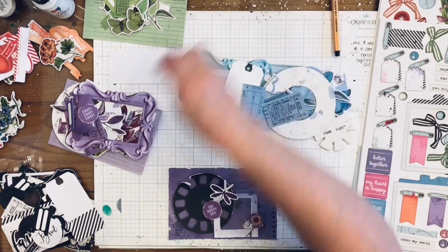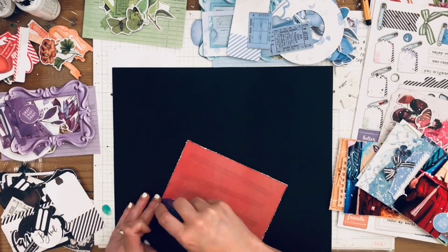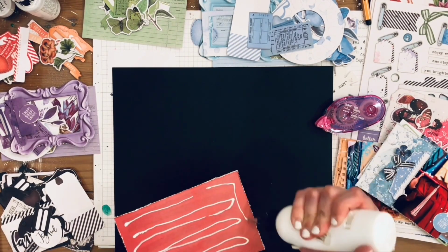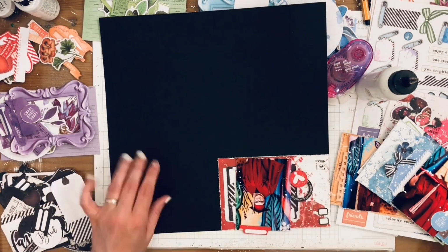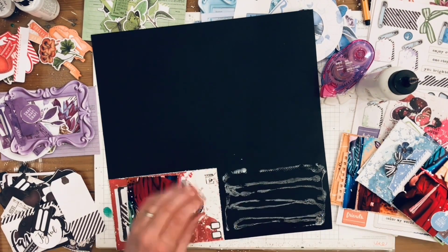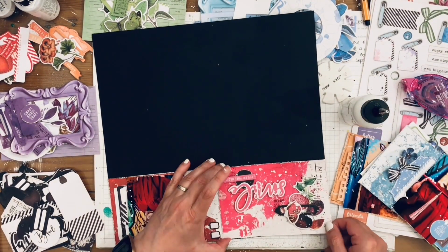Then these are all 4x6 cards, and they can fit in a pocket page, but I'm going to use them on a regular page, and how I do that is I just glue it down to a background piece of cardstock. Here I mess up and I do the red one first instead of the pink one, so I have to pull that up and put it next door. There we go. And you can see here that I'm just taping and gluing this all down to this black piece of cardstock,